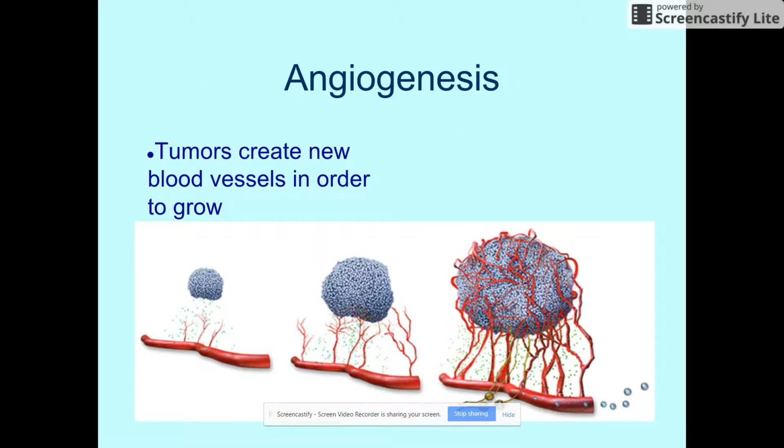Another mechanism that's really common when we see tumor development is a process called angiogenesis. If you break that word down, biologists are lazy when we name things. We name things after exactly what they say. So genesis means to create or to begin, and angio is a term often used to refer to blood vessels or